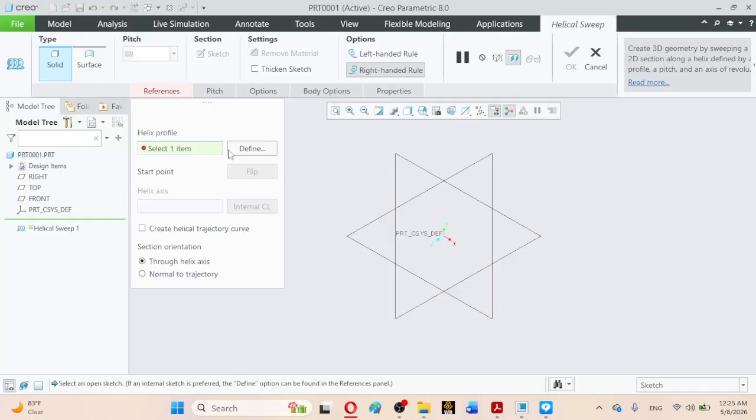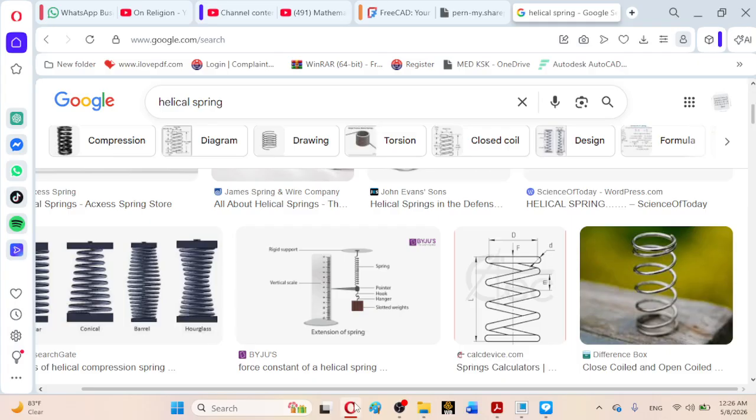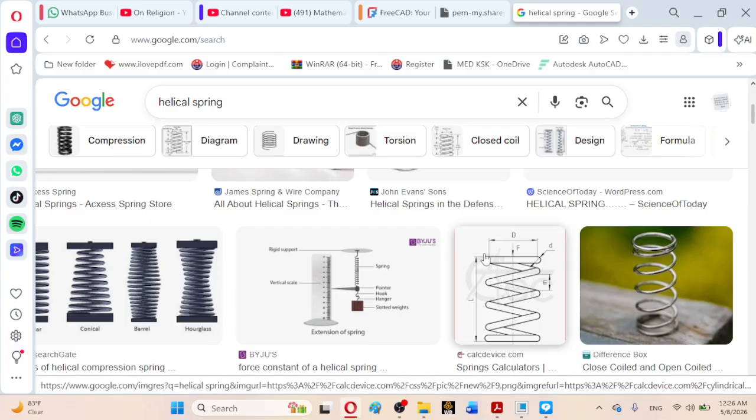Here you can observe that, like the sweep command, the first tab is the reference tab. In both the sweep and helical sweep commands, the first tab is the reference tab. Here it says helix profile. This is a very important thing: what is the helix profile? As I have told you already, it is the straight line connecting the pitch points,